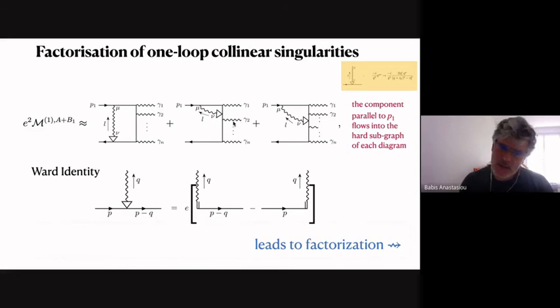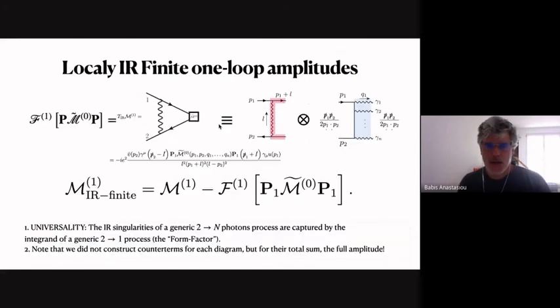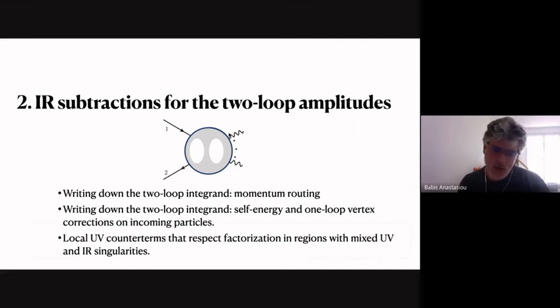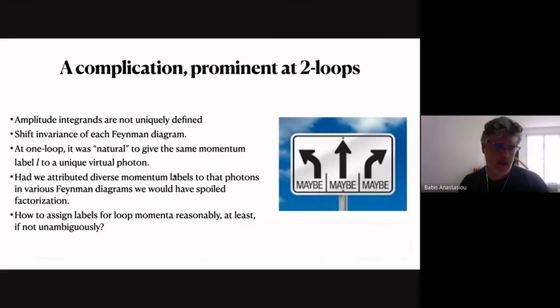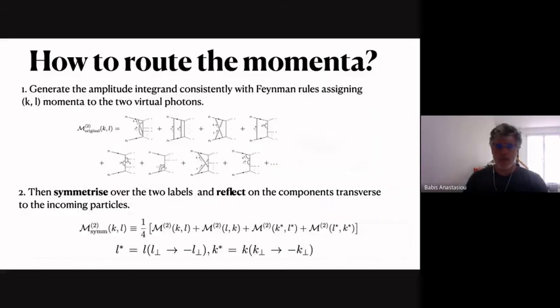So even here, I had to fix an ambiguity of what I mean by a one-loop amplitude integrand. This ambiguity is more pronounced at two loops. So you have to assign loop labels to all of your diagrams, and we have to do it in such a way that factorization is respected. This is, again, something that we have to figure out. We have not figured it out for everything, but we have figured it out for the process that I'm discussing here. So let me show you